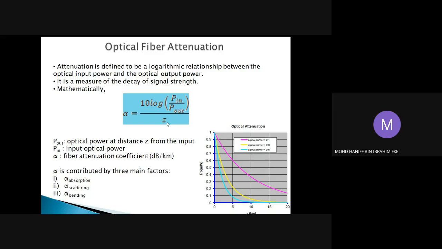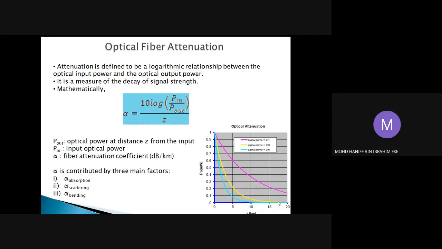So in general, in optical fiber communication, the alpha is written or measured in the units of dB per kilometer. So that should be the units for the alpha, the fiber attenuation, dB per kilometer. If we refer to this graph here, this is an example of